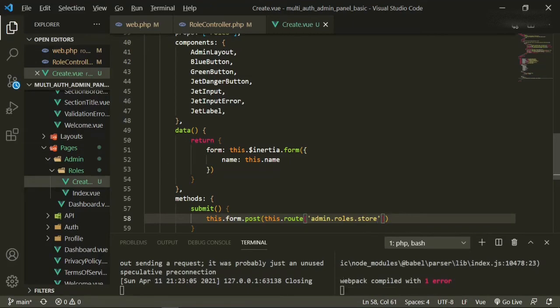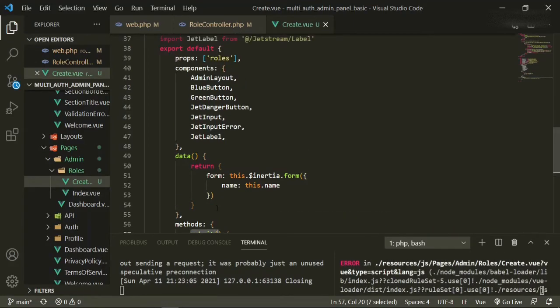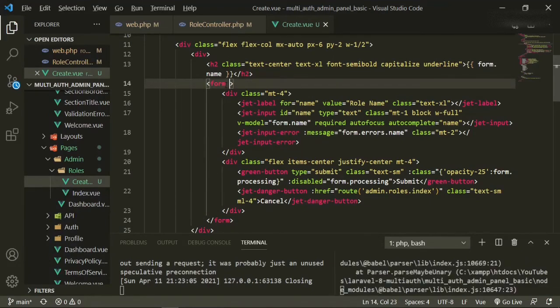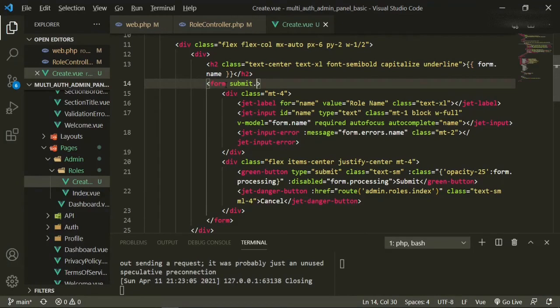Let's go ahead and add this new function into the actual form. Okay, so form @submit.prevent equals submit.